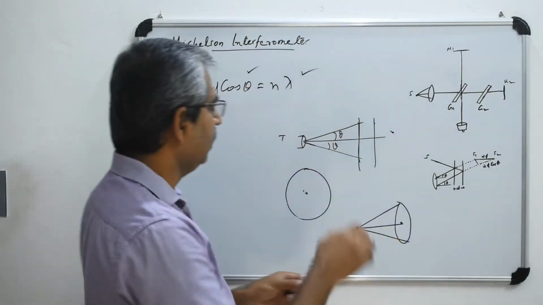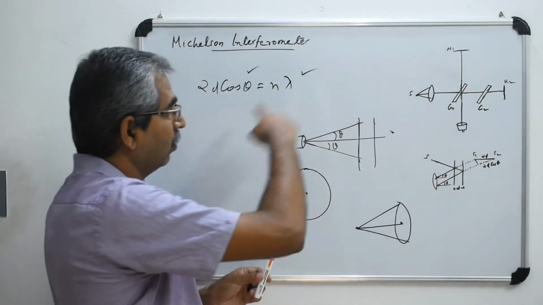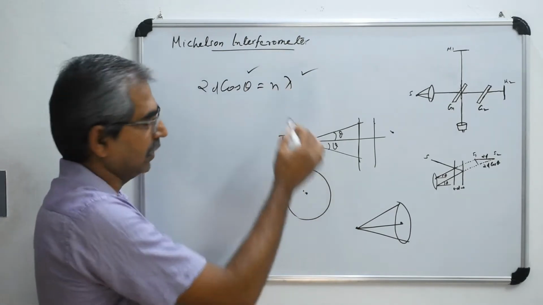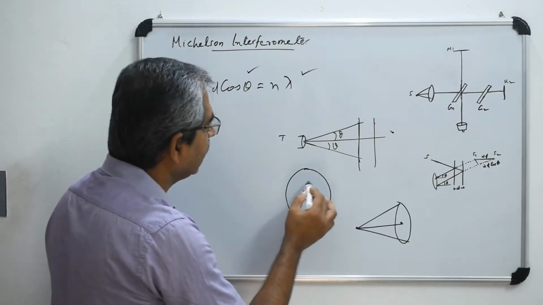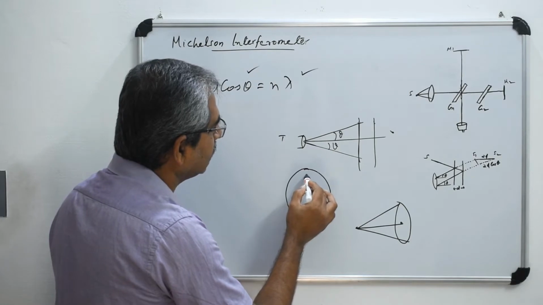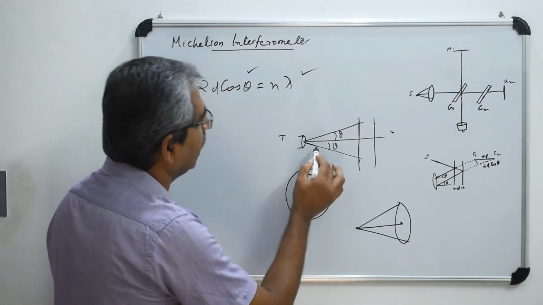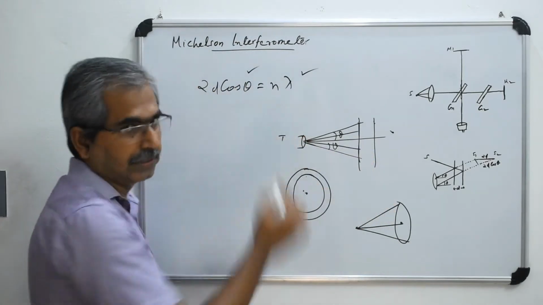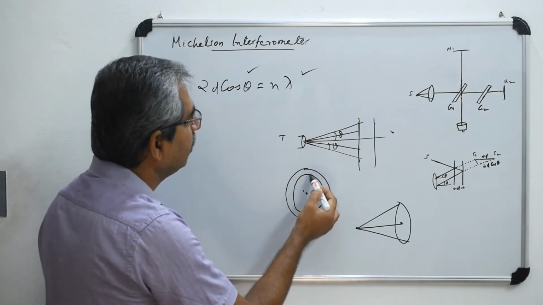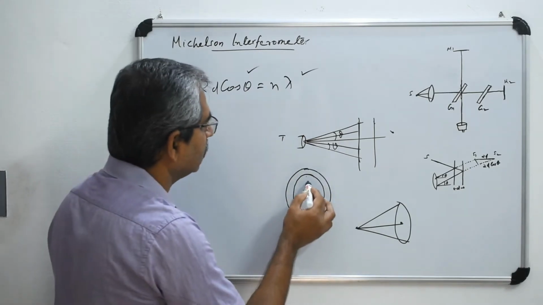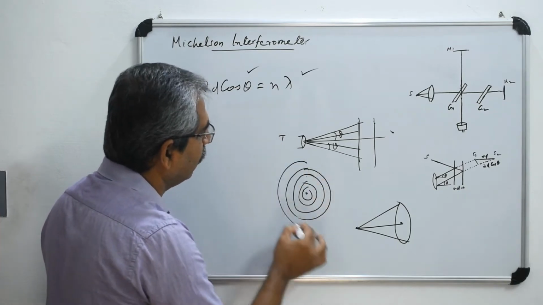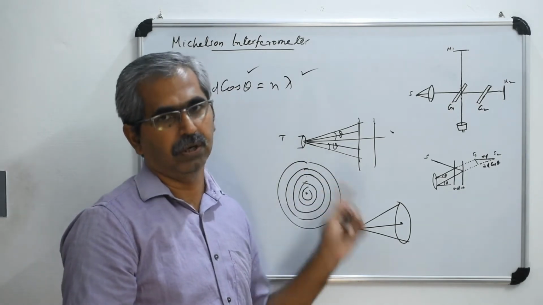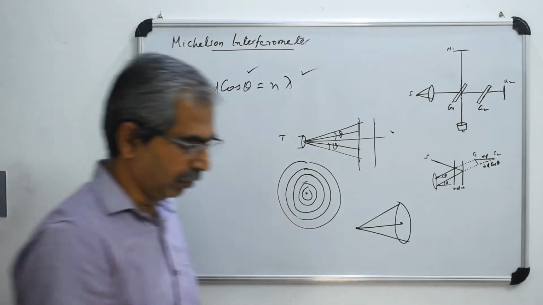Okay. So what you are observing by looking through the telescope will be circular fringes. Along this angle, suppose the condition for destructive interference is satisfied, you will see this part. And at another angle, suppose here, decreasing the angle, again, if the condition is satisfied for destructive interference, you will see the dark fringe. In between these two, you can have the bright fringe also. So by looking through the telescope, you will observe a circular fringe pattern. That depends upon the angle of observation. So that is the main point.